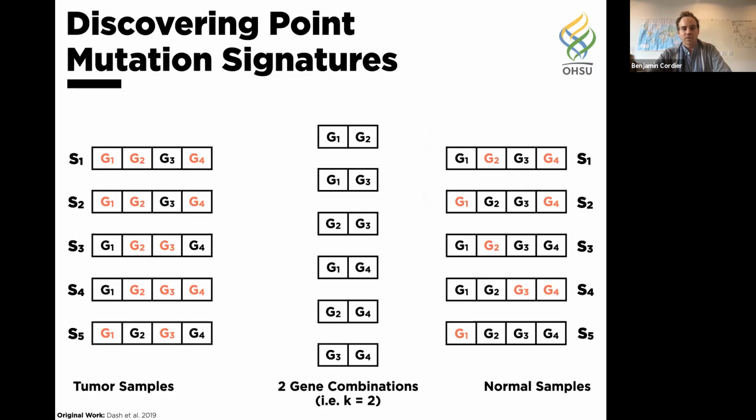Let's say we were to call mutations for many, many samples. This is what the original authors of this work did; there's a paper by Dash et al. that you can find on PubMed that goes through this process. They paired up these samples, so they had the tumors and normals for each patient, and they went through and called the mutations. And then what they did was they